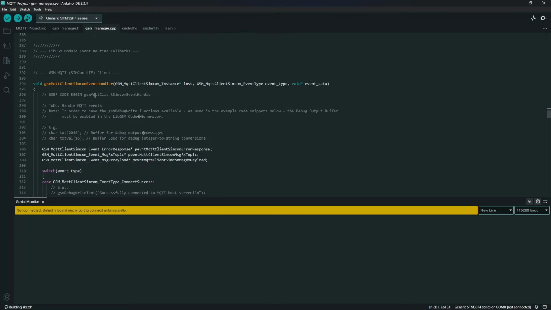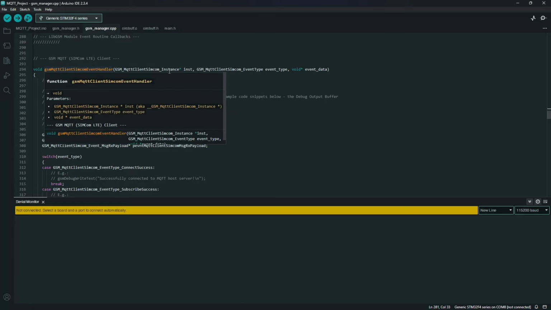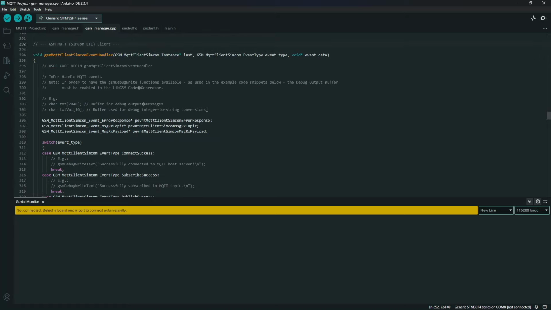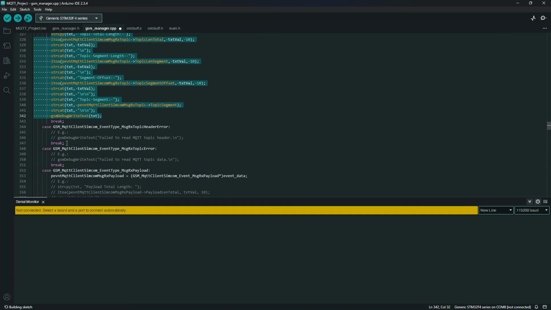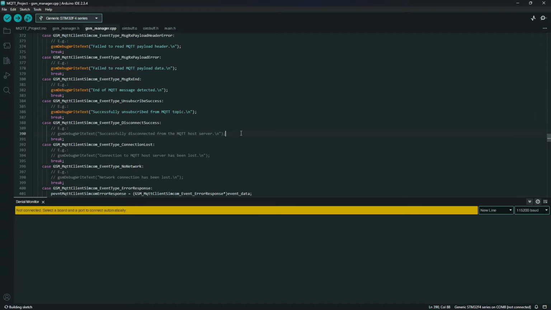After this, you're going to come to your GSM client event handler, and this function will be triggered whenever there's an event from your MQTT module. The first thing we're going to do over here now is uncomment these two lines, which is just variables that are being used by these cases in the switch statement, and I'm going to uncomment all of the example code. Once I've uncommented all of this example code, I will track back up and explain what is happening in each